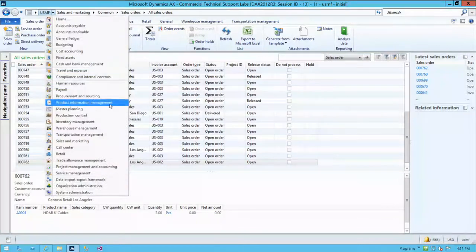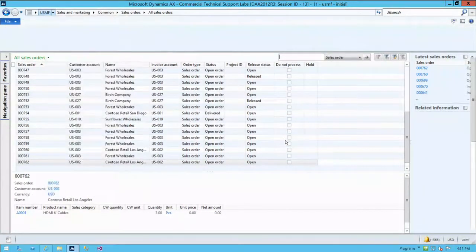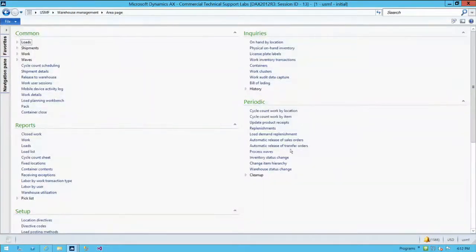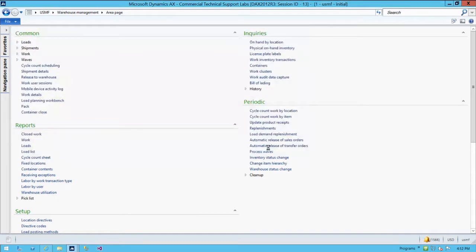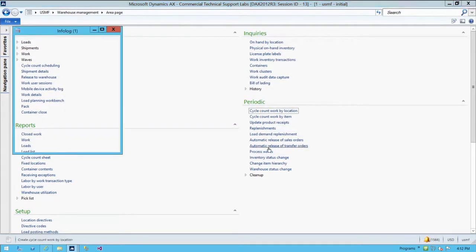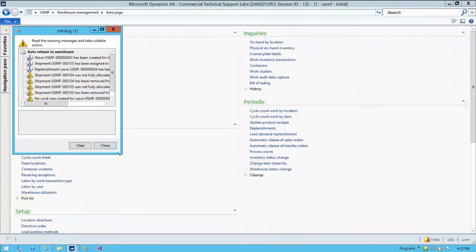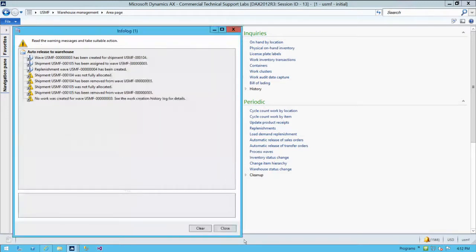So I'm going to go, yeah, I never ran the release yet. Under warehouse management, periodic, yeah, I ran this. Automatic release of sales orders. I did. Oh, there. Okay, so I did something out of order. Anyway, no, yeah, you're right. I ran it the first time. I didn't run it the second time. So